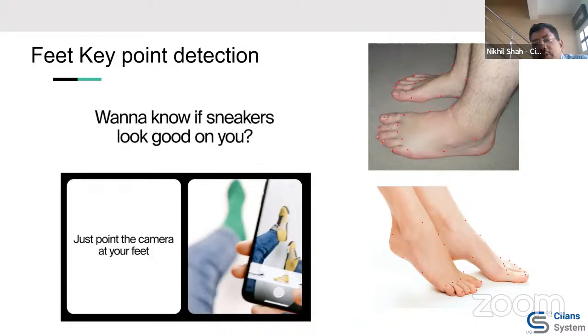out of hundreds of shoes available for selling, suppose I like this particular shoe, right? In real time, it will superimpose that shoe. Again, everything is happening in a mobile app, not a real one, right? So let's say I went to a particular store online and I wanted to purchase shoes. In a real shop, you would be able to go there and try it out. You would try the shoes on your feet, walk around a little bit, and then make a call. But with online shopping, that's not possible.